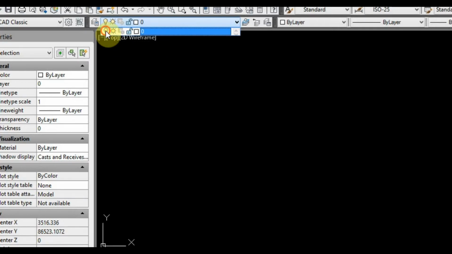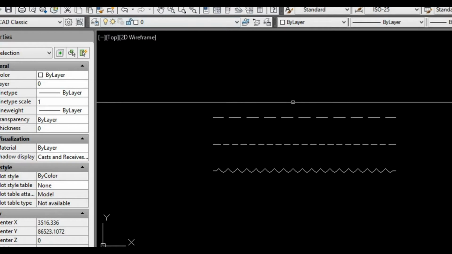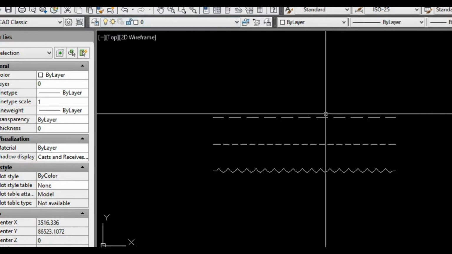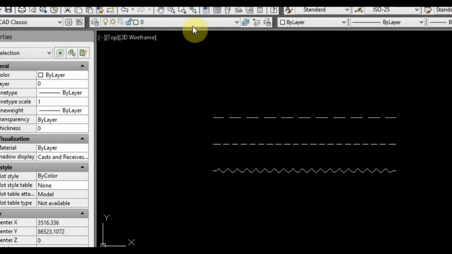So if I left click on that light globe and then left click on model space somewhere, you can see that those lines have come back again. And then we'll do that again. We have the one next to it that says freeze or thaw. If we left click that,